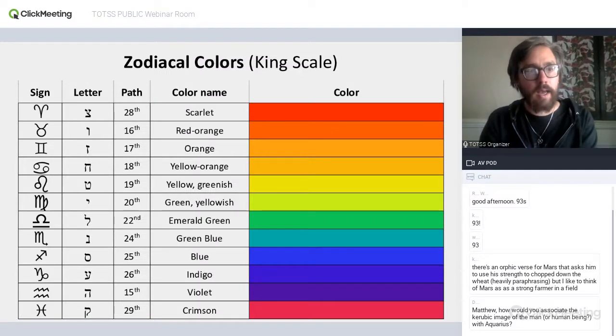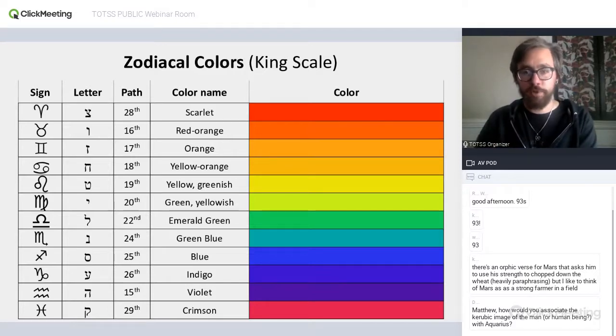All right, and then zodiacal colors in the King scale here. So we're just going from Aries down to Pisces here, and I think it's pretty obvious what the logic is here, right? Similar with the planets, we're dividing up the visible spectrum, but now we're dividing into 12 parts rather than into 7 parts. So we have a finer gradation here.